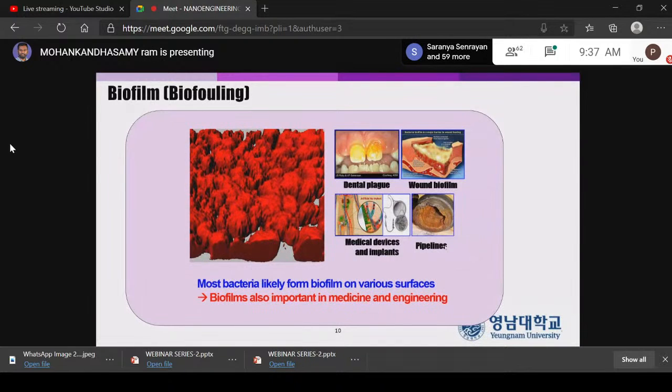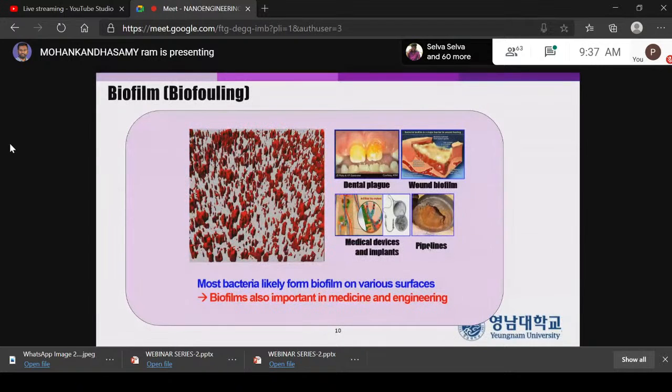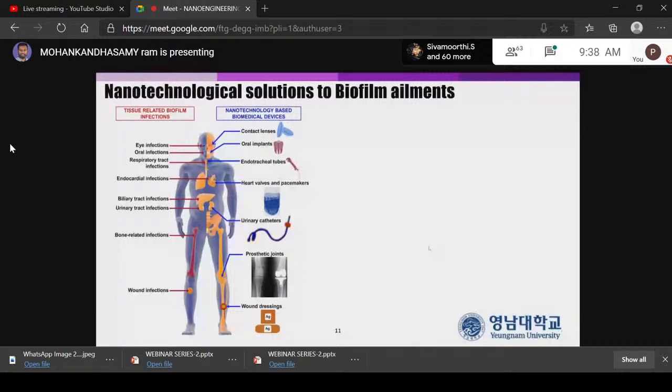So our aim in Yeungnam University was how to inhibit or how to remove these formed biofilms. After the biofilm is treated with the anti-biofilm agents, the population should be reduced by almost 90 to 98%, and that way we can inhibit the biofilm formation, and that way we can get the solution for biofilm infections. So as a part of that, we developed